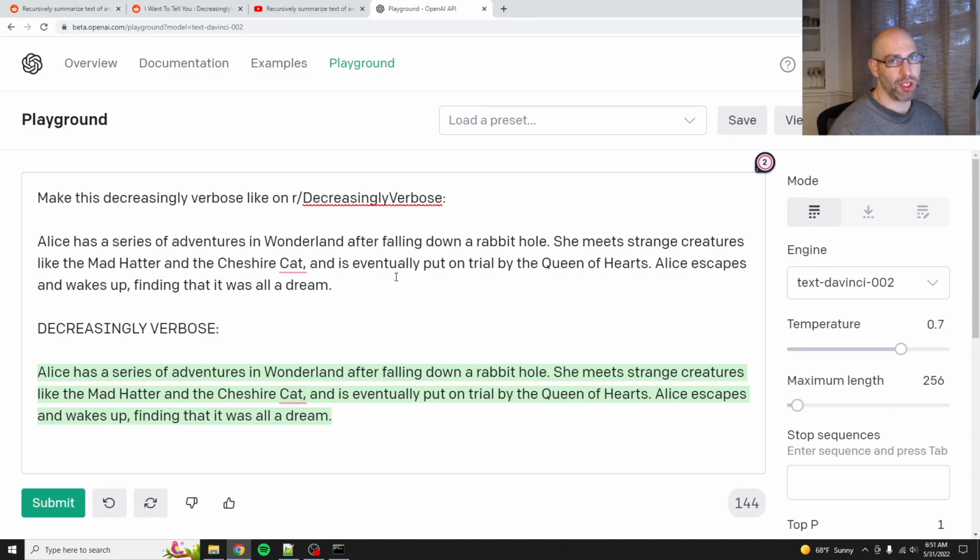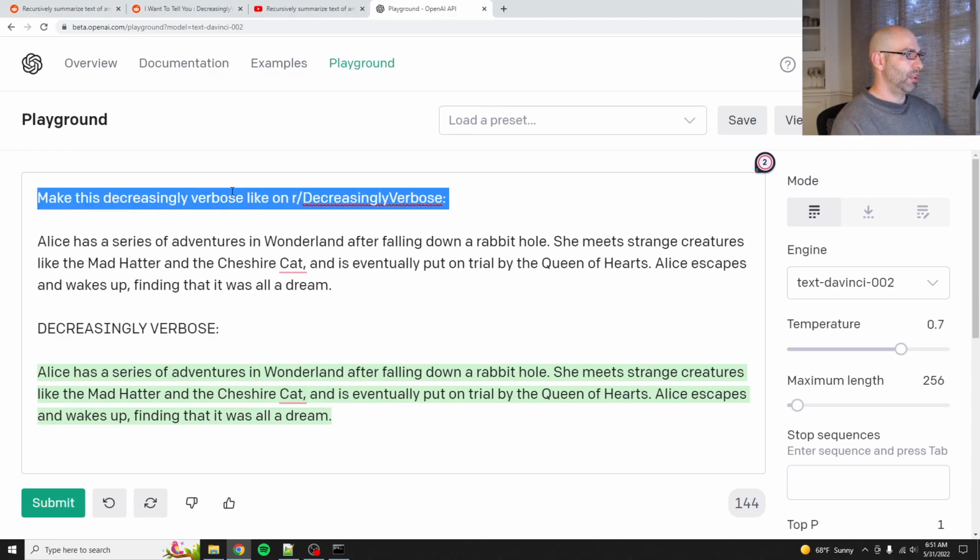I'm really disappointed in GPT-3. Okay, so it looks like it converges on something that is very concise. I'm actually really disappointed. I'm sorry, guys. I wanted this to end up just being like, Alice had a dream.